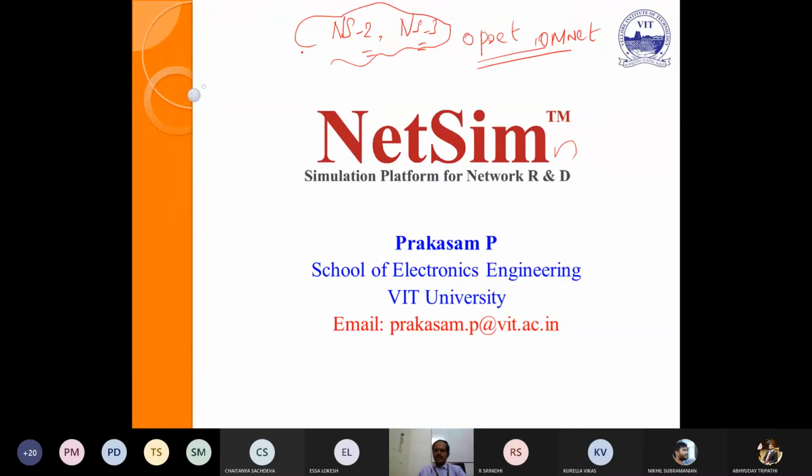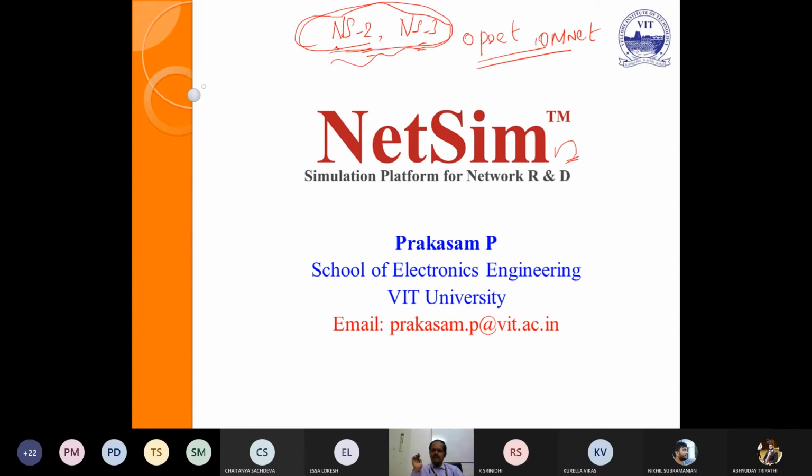What is the difference between these network simulators and NetSim? In the network simulator, you have to write the code. Suppose I want to create an environment with 5 computer nodes with one LAN connection. There I have to write C code. But NetSim is user friendly. It is pick and drop. You can pick the required devices and lay them out using the normal connection. I think you did Multisim software.